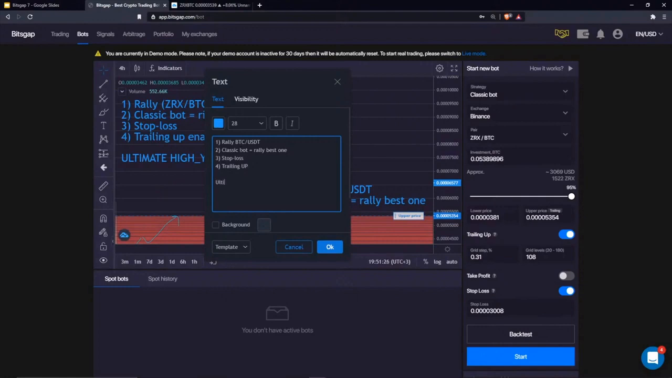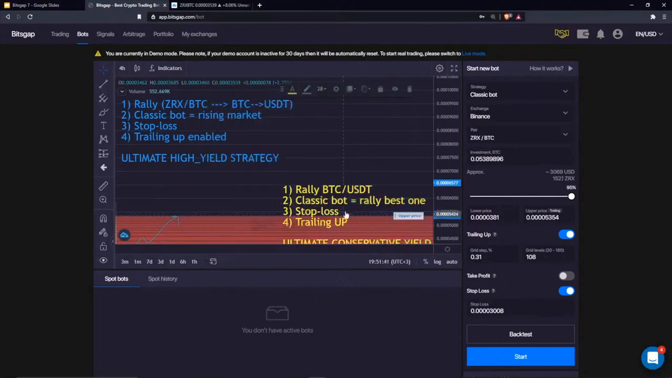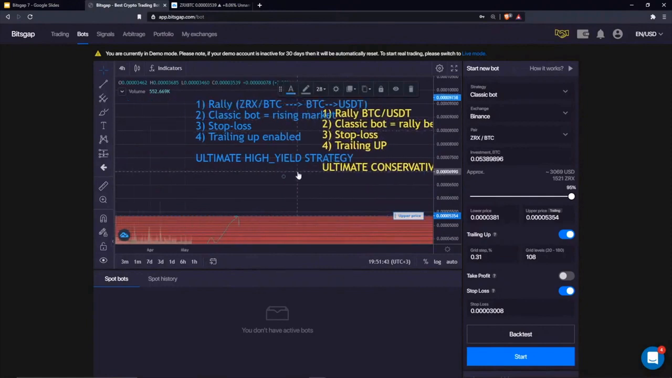So that's your ultimate, let's use the caps lock, ULTIMATE CONSERVATIVE yield strategy. Let's make it yellow in that case. So here's the thing